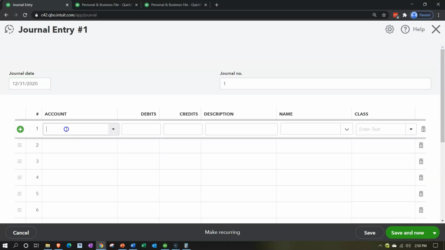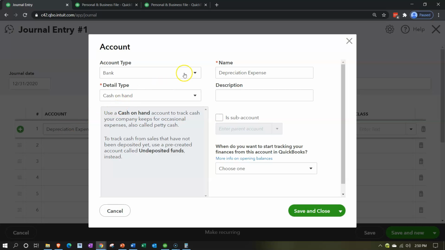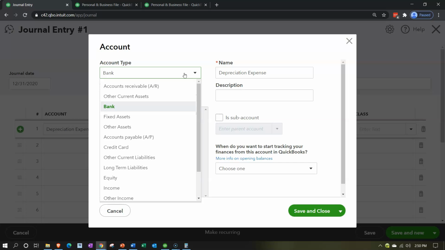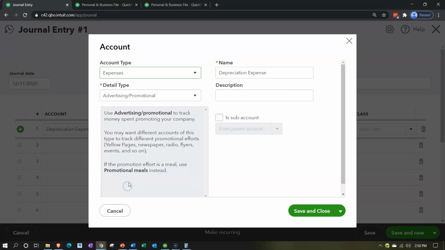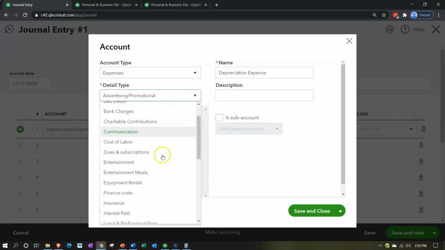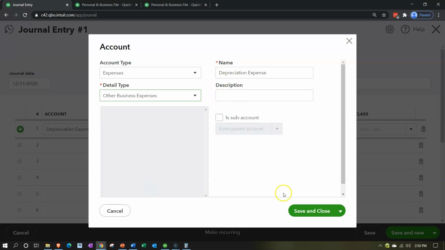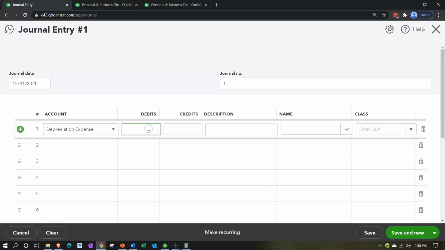We're going to debit depreciation expense, standard depreciation journal entry. Depreciation expense. And I'm going to set that up, and we'll say that this then will be a debit to an expense account, depreciation expense, and we'll just say other here. So depreciation expense, save it and close it. And then I'm going to say this is going to be for 333.33, description adjusting entry, I'll call it. And then the other side is going to go to